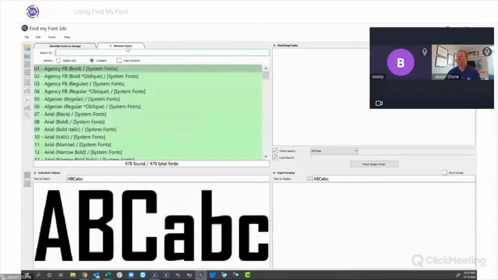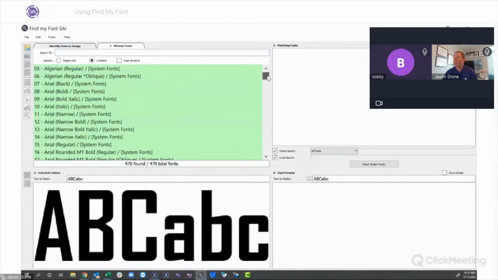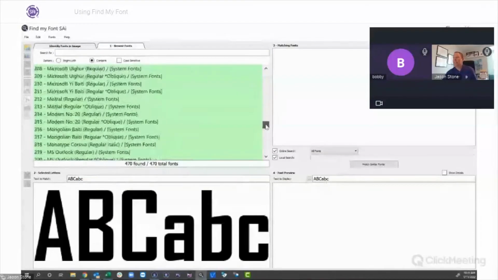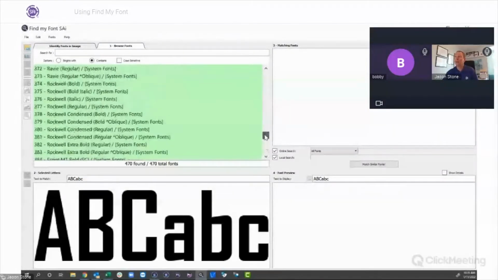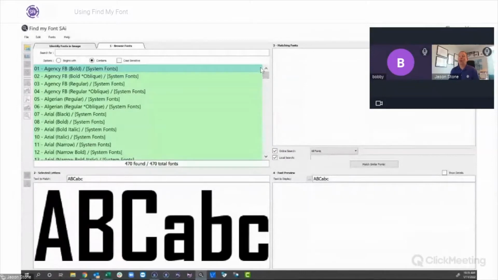So first thing I'm going to show you is if you browse your fonts, these are the fonts that you have loaded on your computer. And this is important right here because any of these fonts in green are fonts that you have loaded on your system. So when we actually get into it and we start looking for fonts, it's going to look at what you have on your system, and then it's going to show you other matches